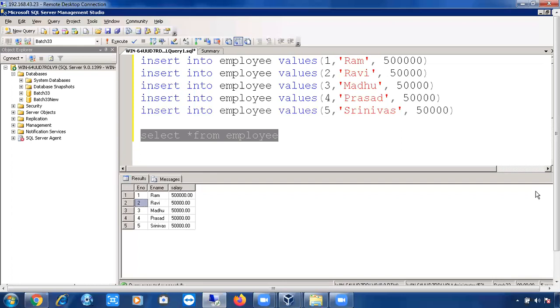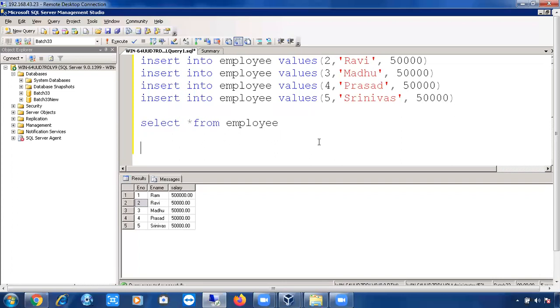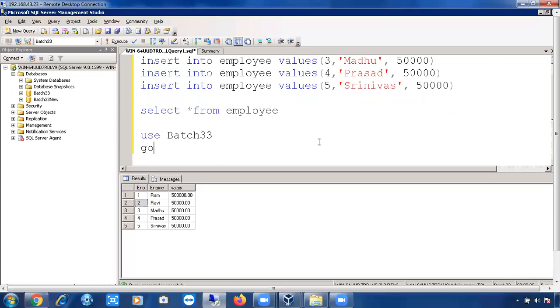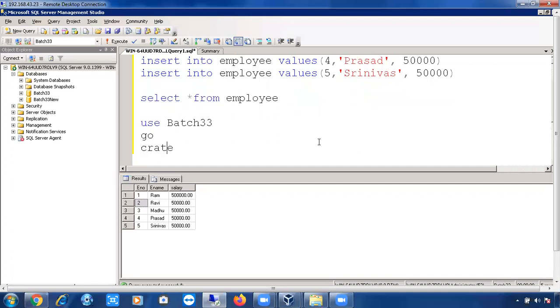Sometimes some developers, while creating the table, will not include the database name. If you simply open the script, usually sometimes people will do like this: their script will start with use batch 33, then go, then they will create table, table name something like sales.